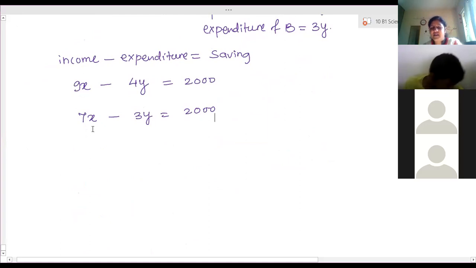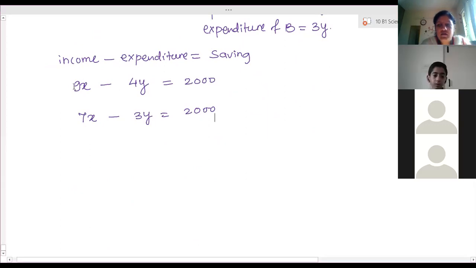And multiply 9x and 7x. Ma'am, so income is 18,000 and 14,000. 18,000 rupees. Ma'am, so x is equal to 2,000. x is 2000. You got it. After that, you have to find out the actual incomes. So what is income? 9 into 2000 and 7 into 2000. Right? And try the fifth question after that.